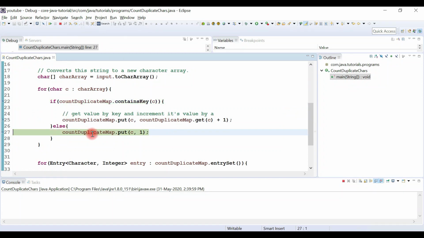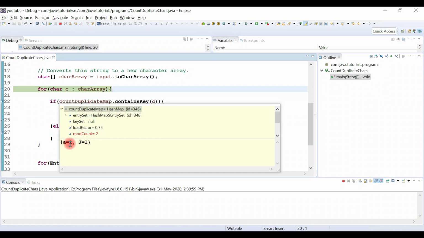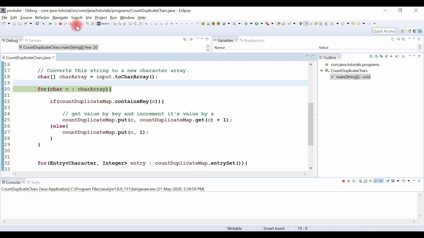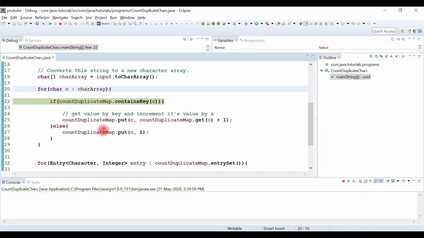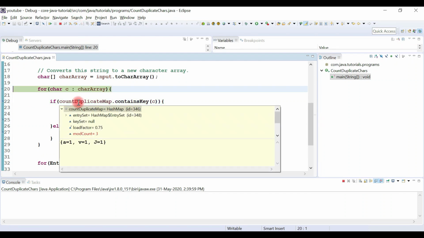Look here, this entry is also added to the map. So the map contains a with value 1, and j with value 1. Now c contains v, and v is also not there in the map, so it goes into the else condition. Now look here, the map contains a, v and j.